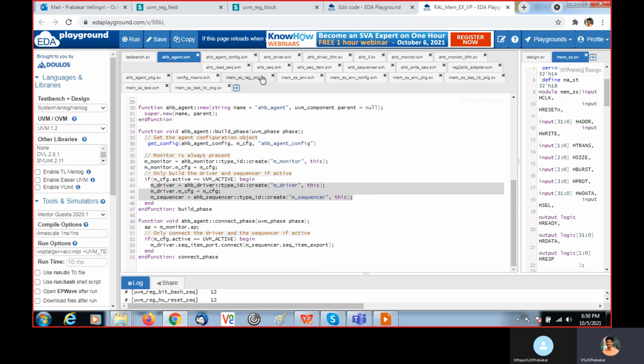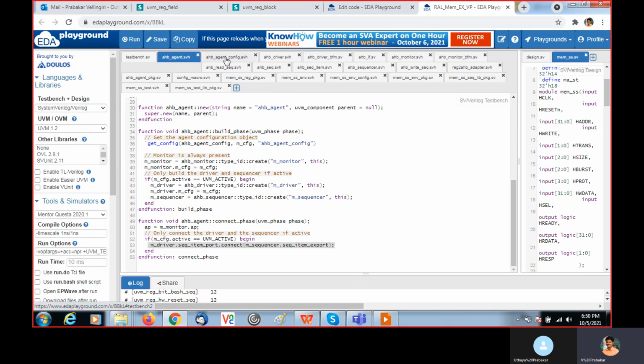Here we declared it as UVM active, so it will instantiate the driver. Inside the driver we have m config, which is mapped, and the sequencer is created. Then inside the agent we need to connect the export and port of the sequencer and driver, so we connected them in the connect phase.